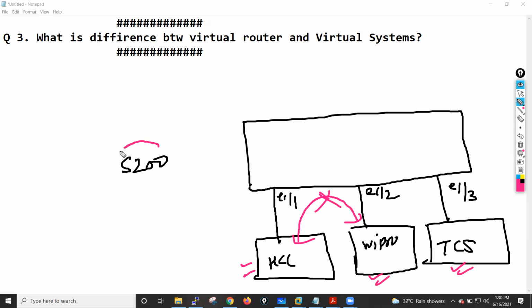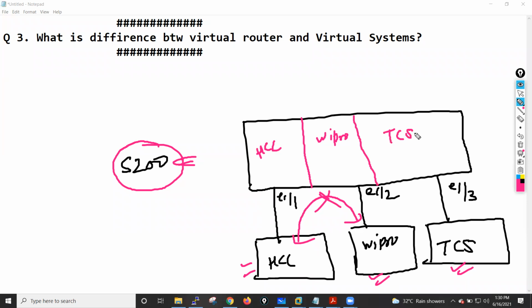So the solution is either you purchase a dedicated firewall for each of these three companies, or, since you have one big box, you can create three VSYS. You create a VSYS named HCL, one more VSYS named Wipro, and another VSYS named TCS. Then you have Ethernet 1/4, Ethernet 1/5 and Ethernet 1/6.